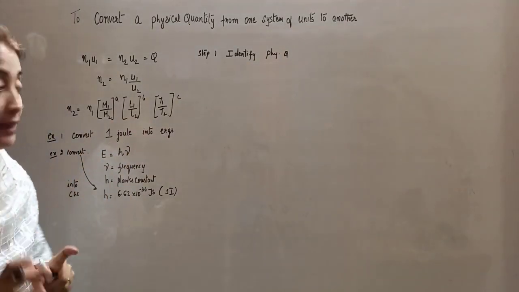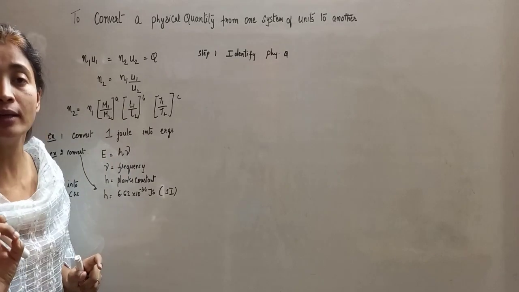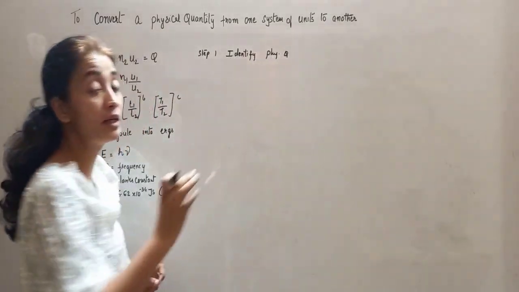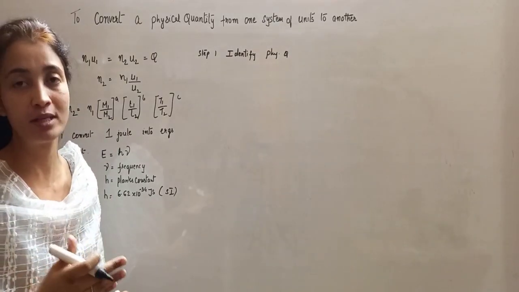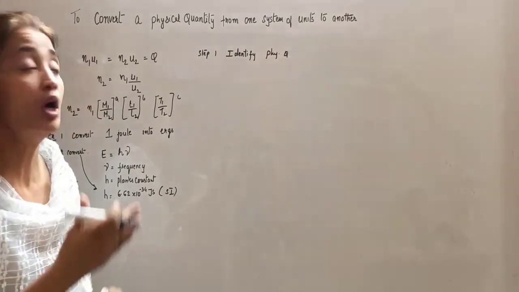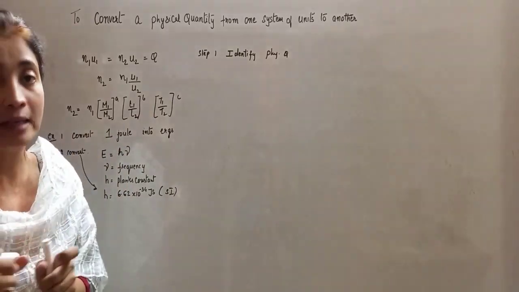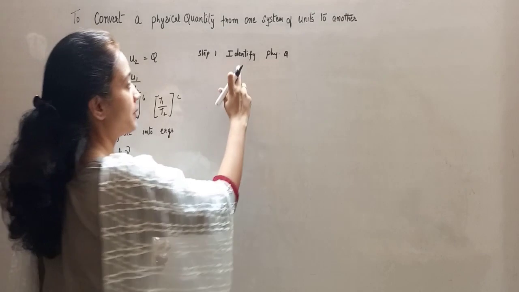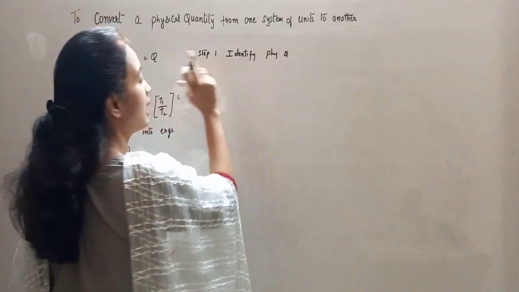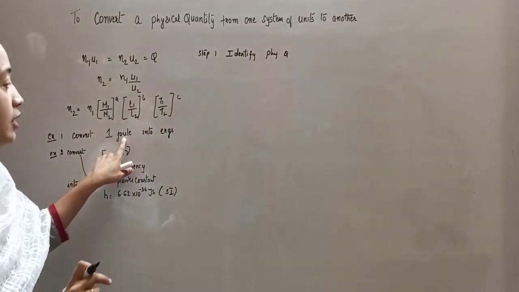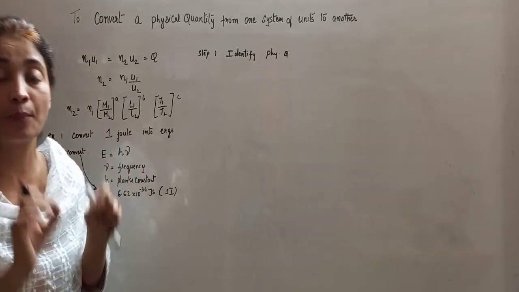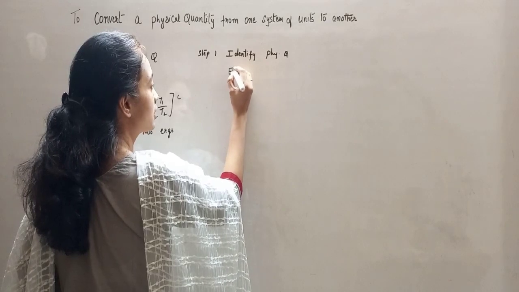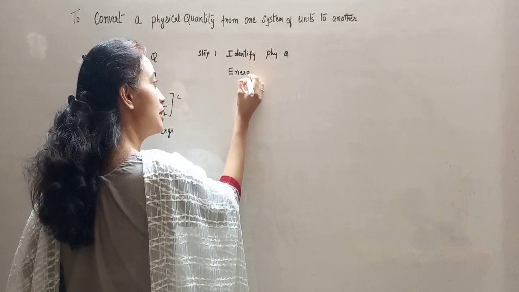From here we have to identify joule is the unit of what? Yes, it is the unit of energy. So the physical quantity may not be given directly always. Sometimes it may be given, sometimes you have to get it from the clue or the hint from the SI units or CGS units; you may have to interpret. So identify the physical quantity is your step number 1. And I have identified that joules and ergs pertain to the units of energy. So I have identified the physical quantity as energy.